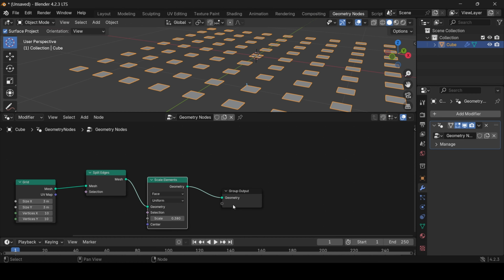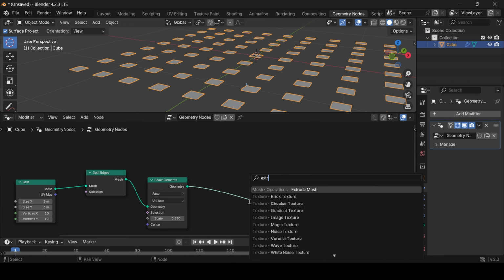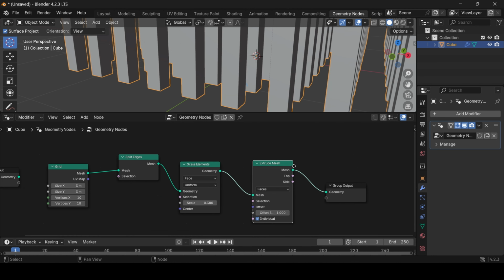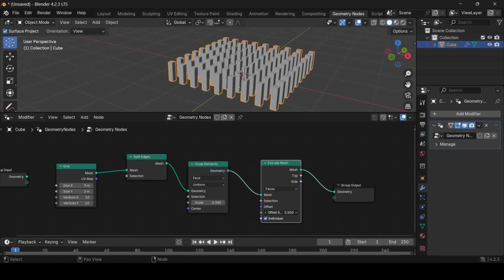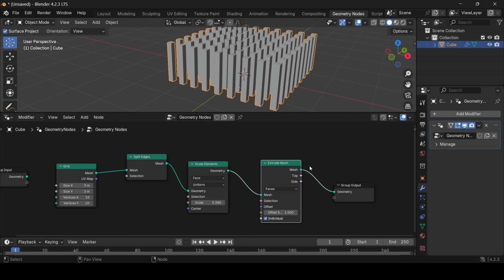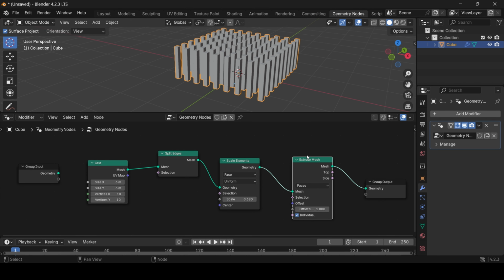So what I'm just going to do next is I'm just going to press shift A, and I'm going to add in an extrude mesh. So we want to extrude this up, increase or reduce the offset scale. You can see that this moves both up and down. It's very nice. It's what we want actually, but what we want to do next now is we want to look for a way to control this offset scale, that it's not just that uniform, but you want something that